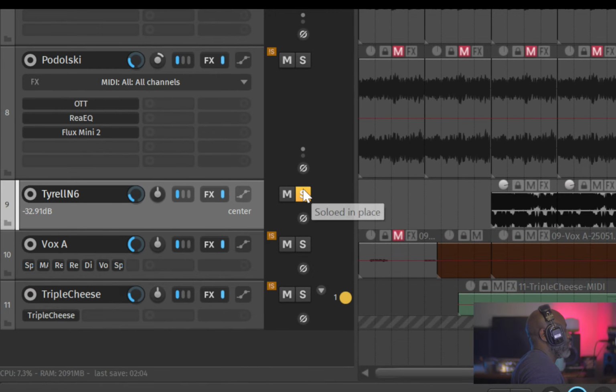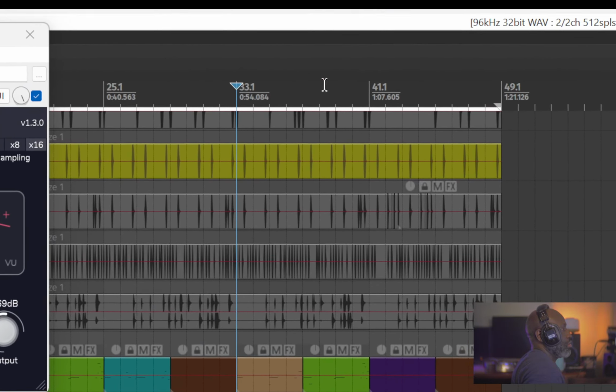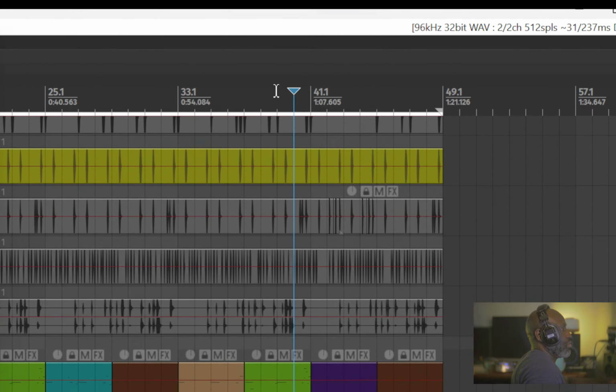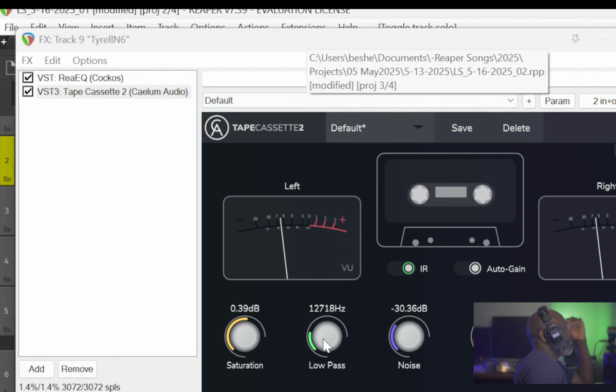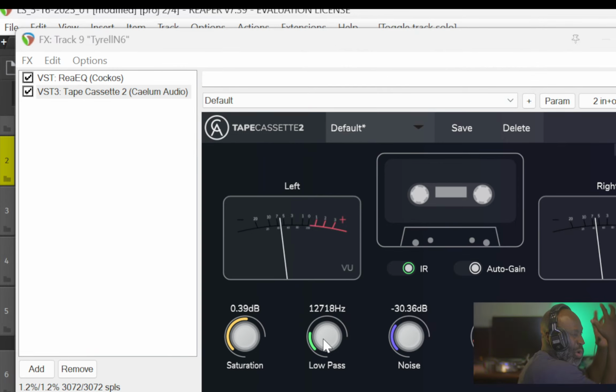So this one right here, right here it comes in. Just to give it that little worn vibe and make it just a little bit vintage, very subtle